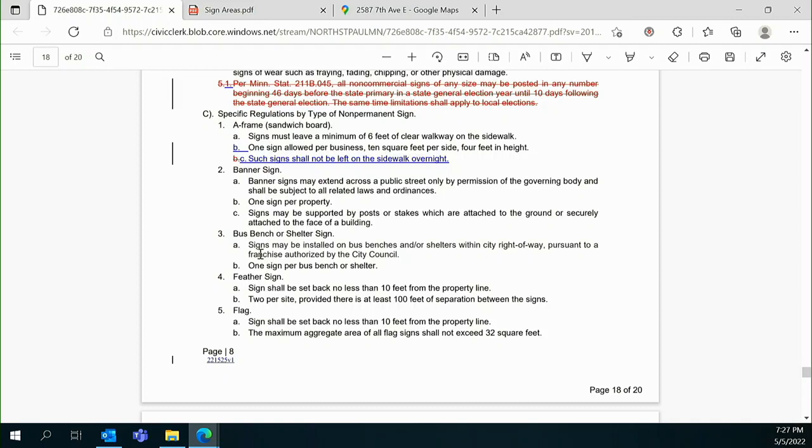But that would mean that the person putting out their real estate open house sign for the weekend is going to set back 10 feet from the property line? Well, all I'm saying is it's meaningless to even offer to put that out there if we're going to try and actually enforce it, because then those signs are meaningless to have. I hear you. Well, we also have the issue of the zero lot line in the downtown area.